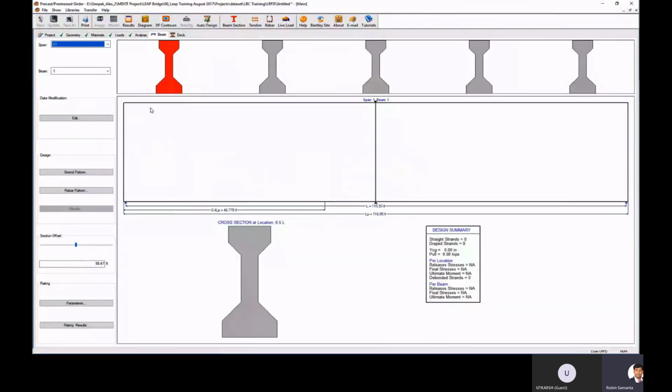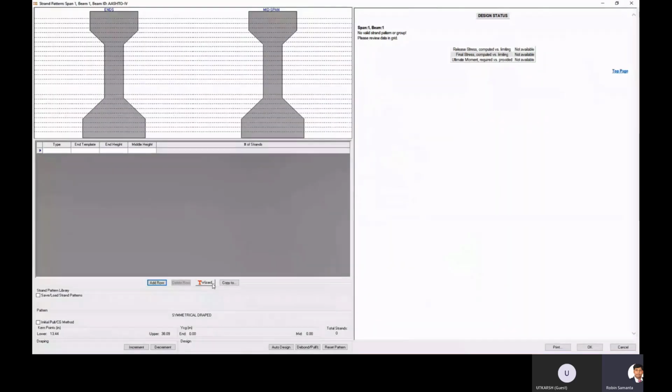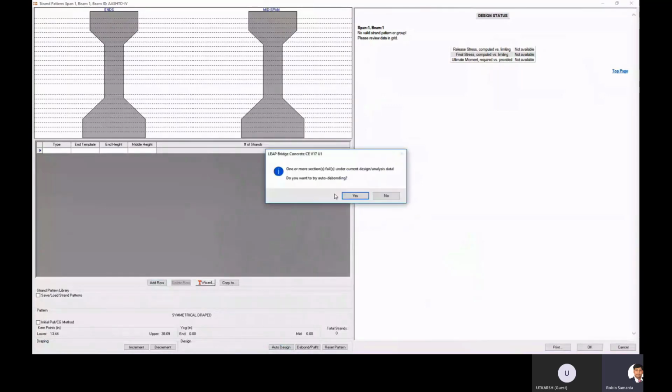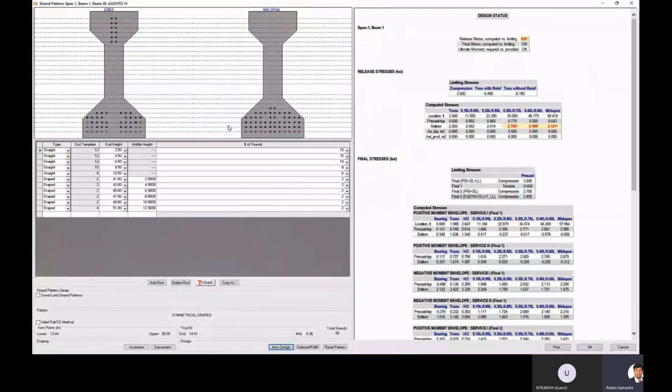And then here you can select auto design. So we are selecting a pre-tension girder, and you can draw it manually or you can go for auto design. What it will do is optimize the pre-tension strand for you, right? And you can see the strand coordinates also with your debonding length, because as we have chosen pre-tension strand, in the elevations you can actually see the debonding length.